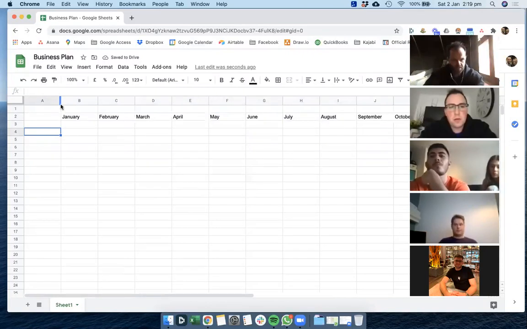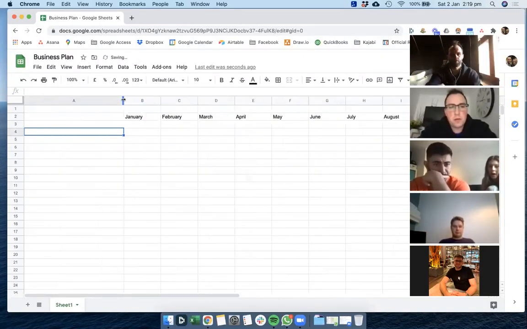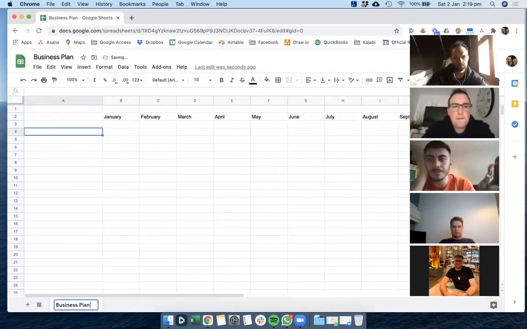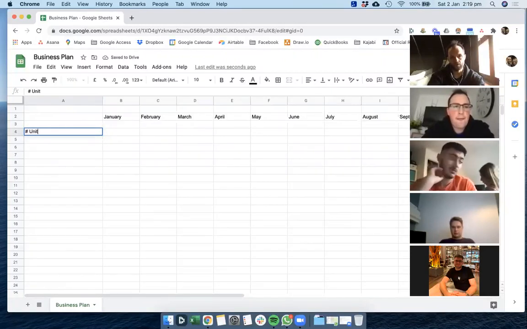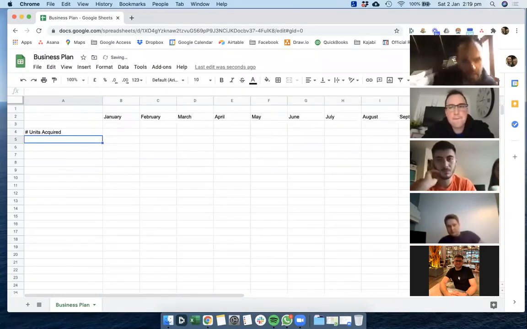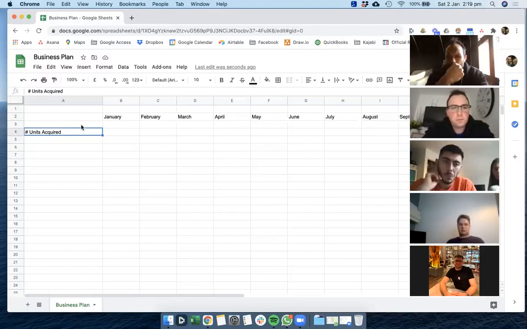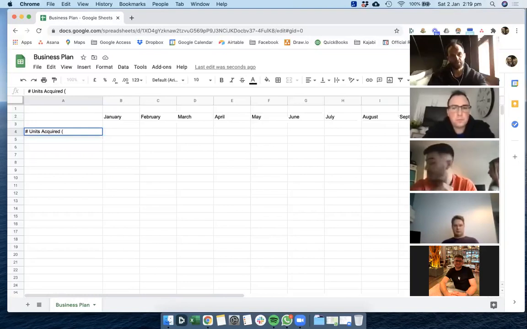How I like to build these things out is start with what we want to produce, and then you build it all the way down. The number of units acquired. Now, this is where it gets a bit difficult. If you want to diversify, most of us are on BRR, so you might then filter this. So I'm going to leave this open for you as to